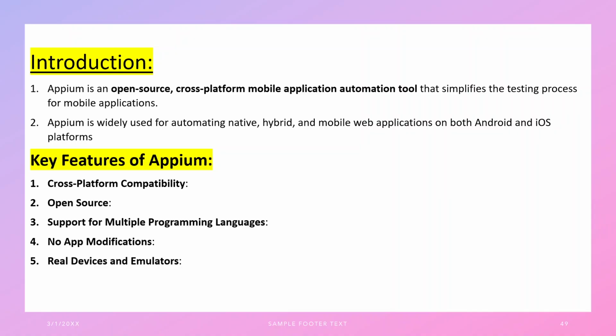Next is no app modifications. APM does not require any modification to the source code of the mobile application being tested. Suppose we have created a general cross-platform script, it will work on both Android and iOS. There is no modification needed, so you can test it on both